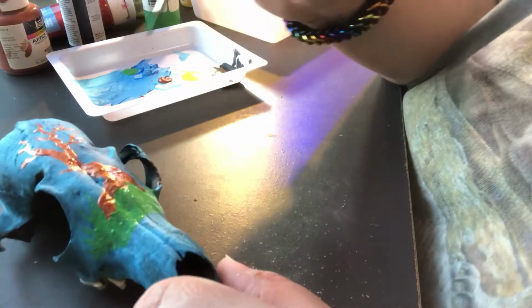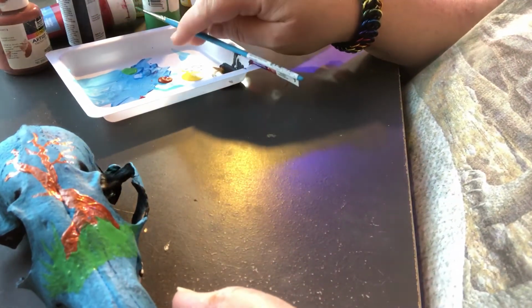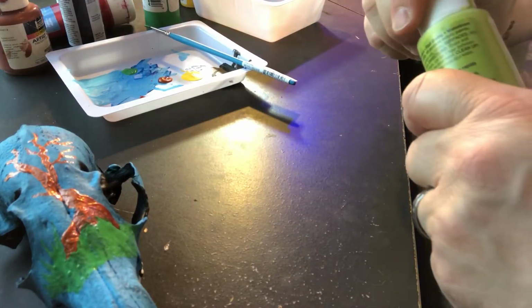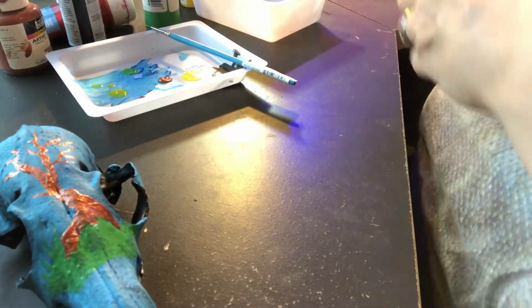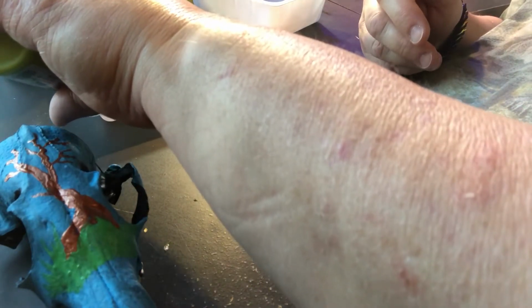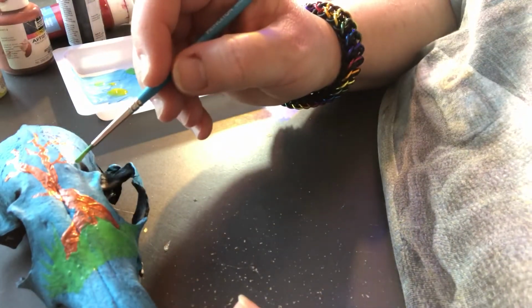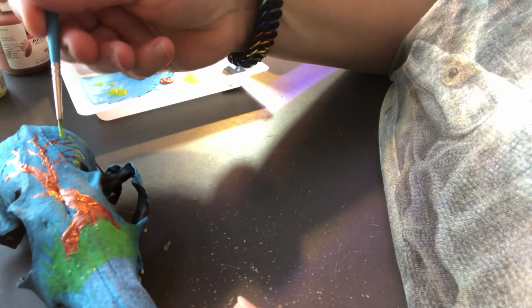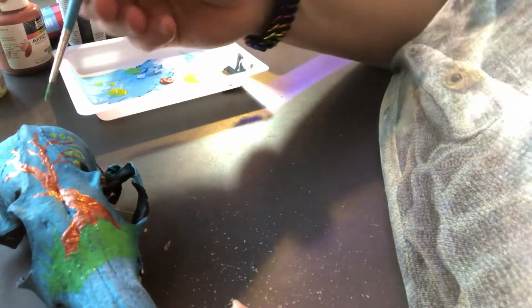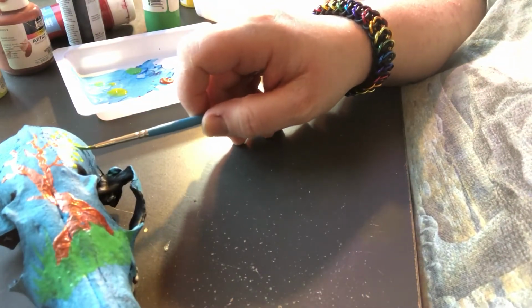I just do random lines for grass. Now, what I'm going to do at the end of this, when everything is said and done and good and dry, I am going to coat this with a glaze so that the paint stays on. Doggone it, that green just kind of made a mess. I hate that when they get liquid like that. And you can use dots for the leaves, but sometimes if you just bend the brush down a little bit, it'll make some shapes for you. And just let the brush do the work. Which you can't see on this side, but